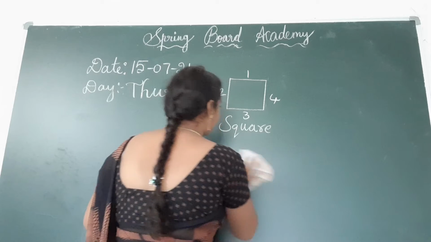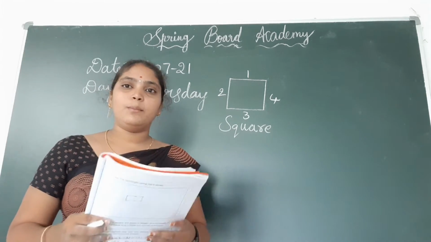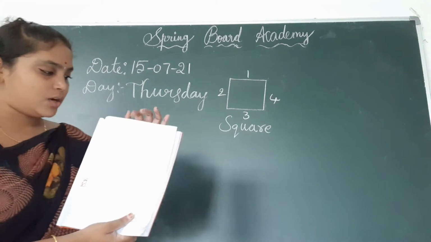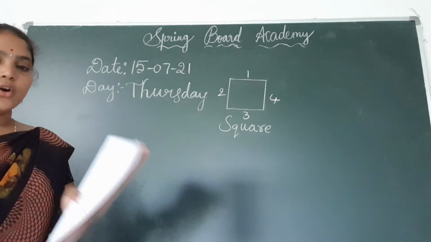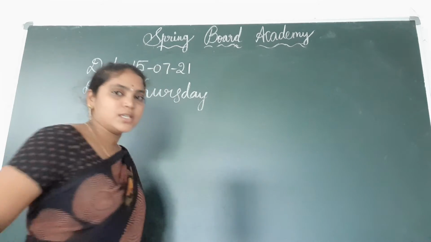So now we'll discuss, children, how we have to change a square into a rectangle by adding 2 more sticks of the same length. So now here you can draw, children. Draw the rectangle using the 6 sticks. Okay, here what you have to do? You have to draw the rectangle using 6 sticks.